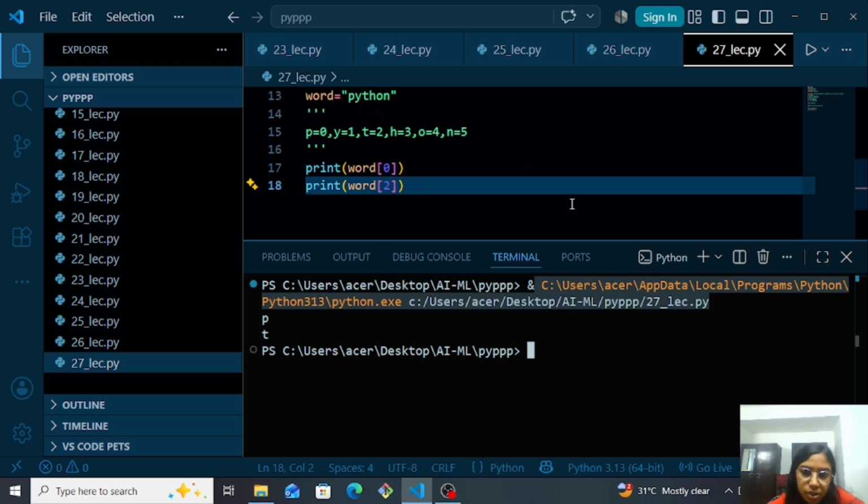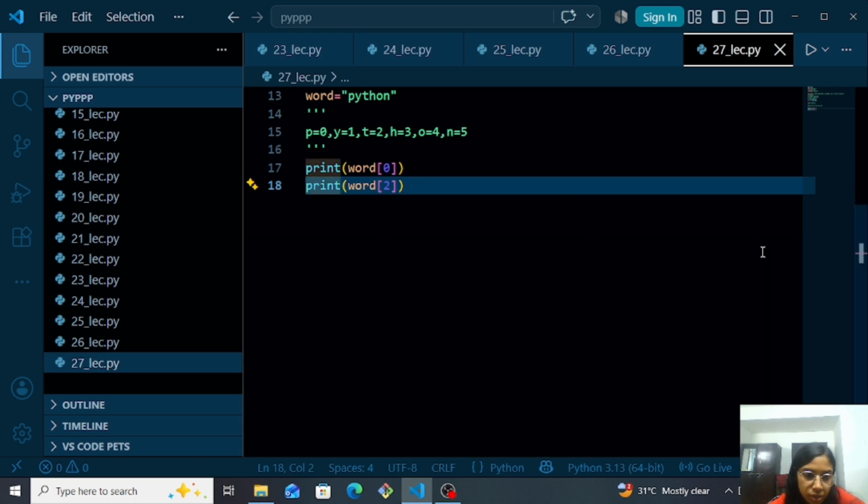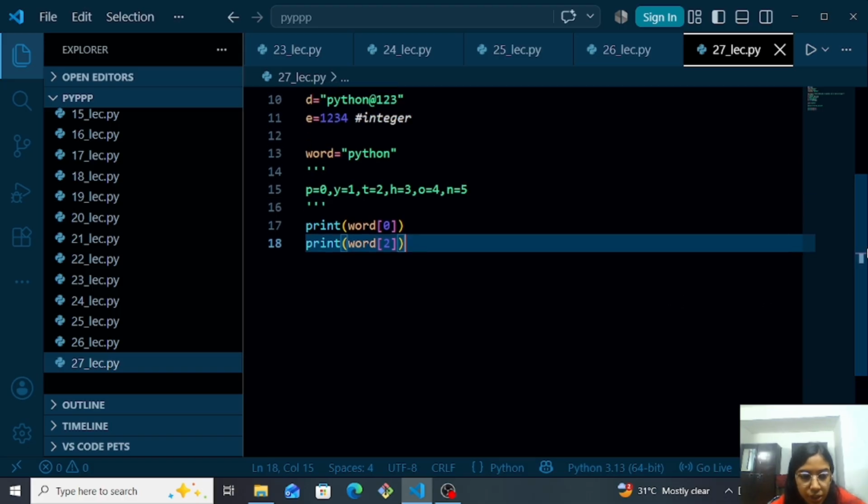and one more thing we can also write: negative indexing. Python also supports negative indexing that starts from minus 1. It can be like this